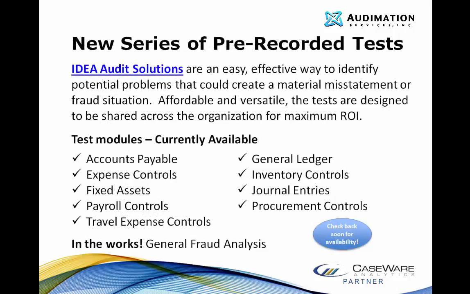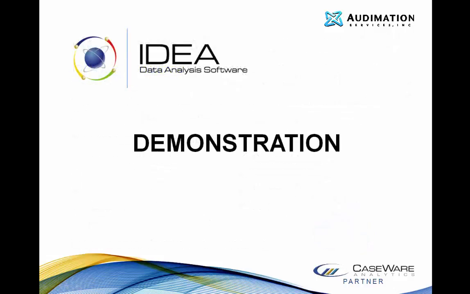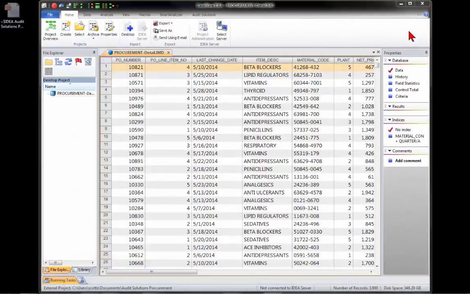IDEA Audit Solutions are canned or pre-written tests. They're very easy to use and provide standardized, consistent results every time that you run them. There are currently a handful of function-specific packages available, with more being created on a regular basis. But let's get going and take a look at a handful of the test scripts included in the Audit Solutions procurement module. So let's jump in and run a few of the tests that are included in the Audit Solutions